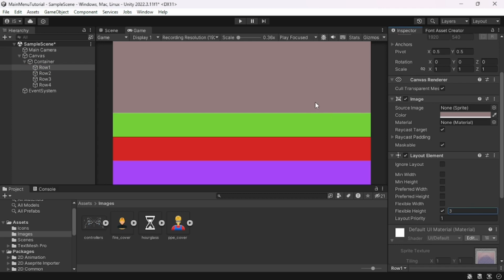Why? Because here, if you take these numbers and add them up, here you have 3, plus 1 is 4, plus 1 is 5, plus 1 is 6. If you take 3 and divide it by 6, it will give you 0.5, which is 50%. Okay, so this is why I prefer to work with the flexible height, because it gives me a lot of flexibility to design or to give the height to each one of these game objects. I hope this is